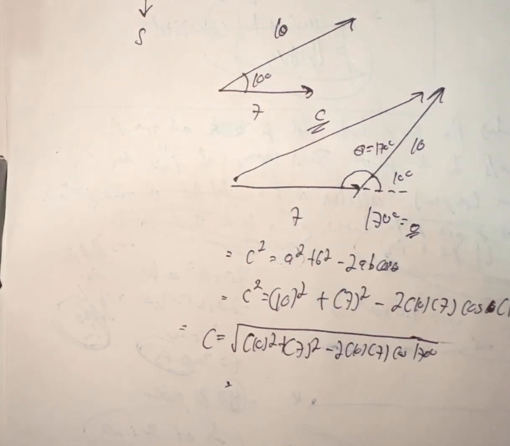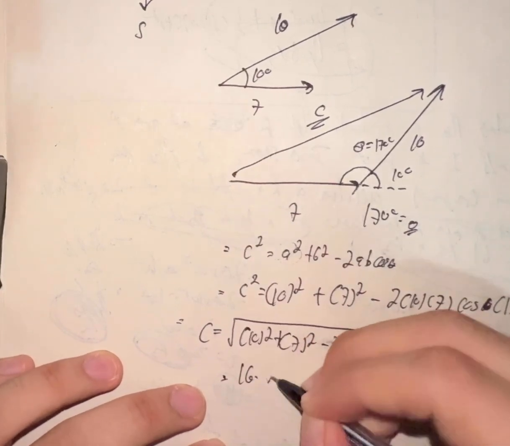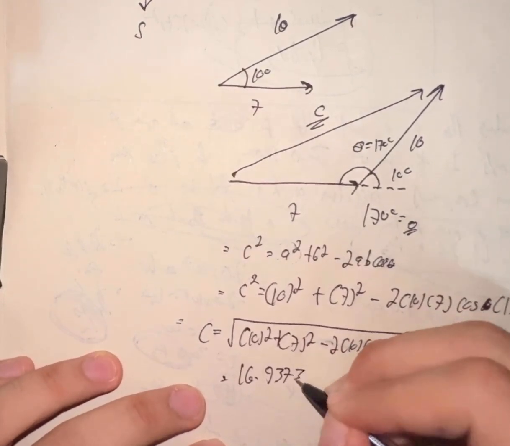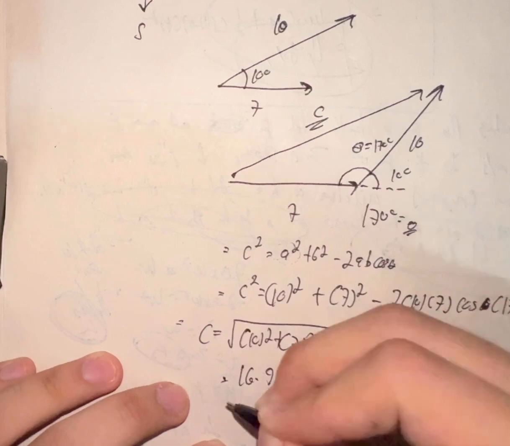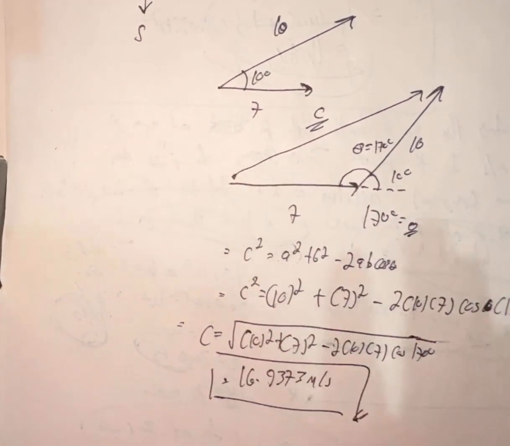into the calculator would be 10 squared plus 7 squared minus 2 times 10 times 7 times cosine 170, which would be 16.9373. 16.9373 meters per second. That would be the resultant vector of